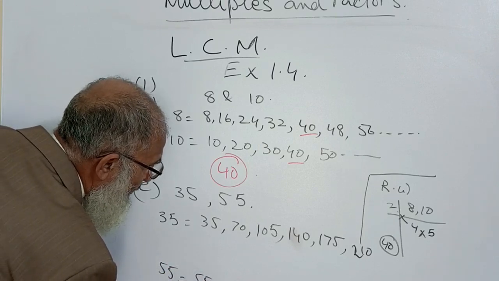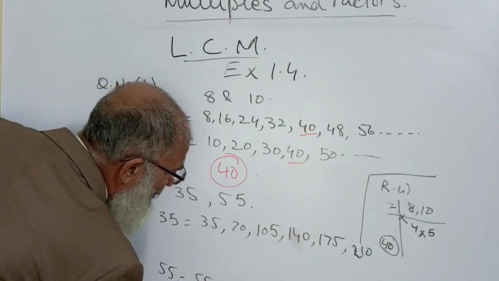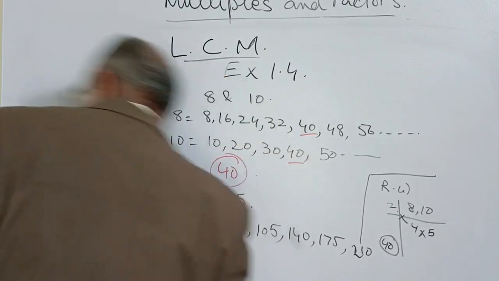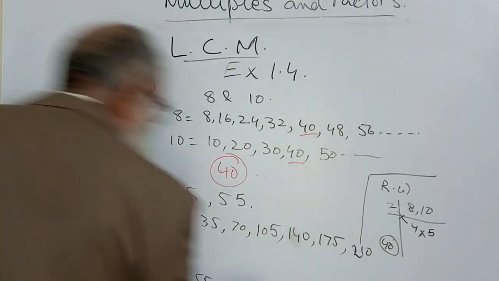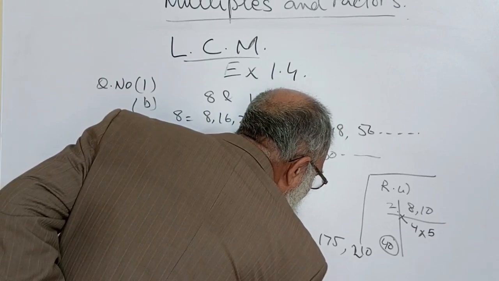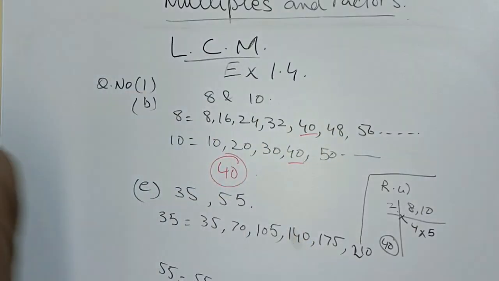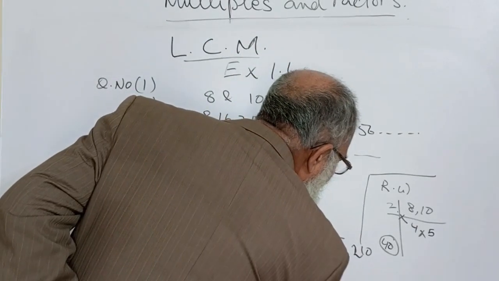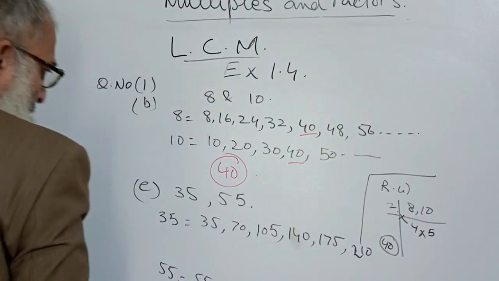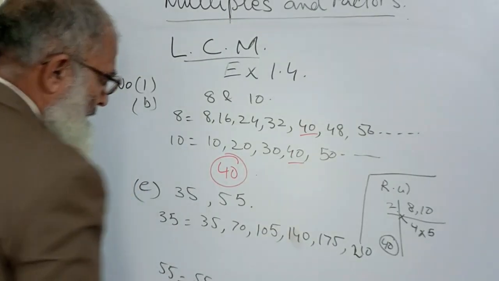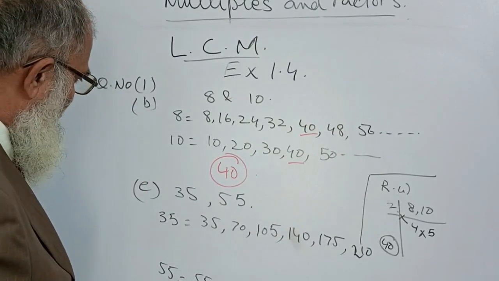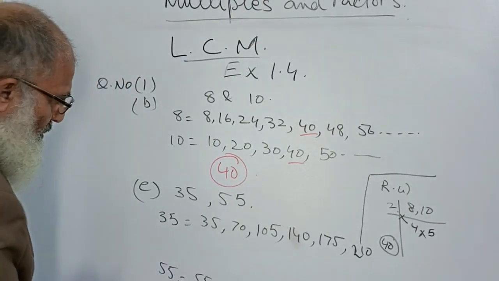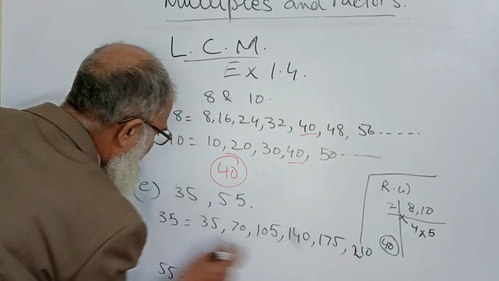55, 110, 165, 220, 275, 330. So dear students, you see that I haven't got the common multiple as yet. So what I do, I keep on doing this,